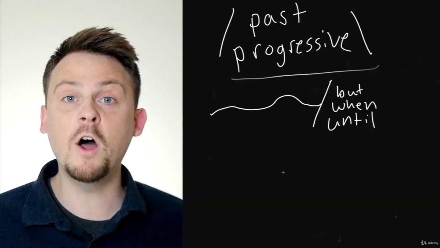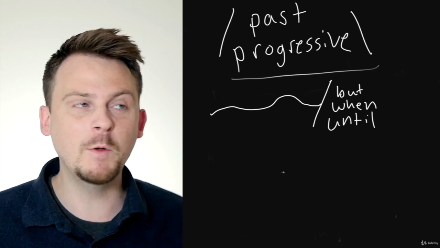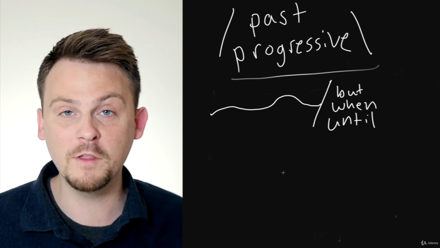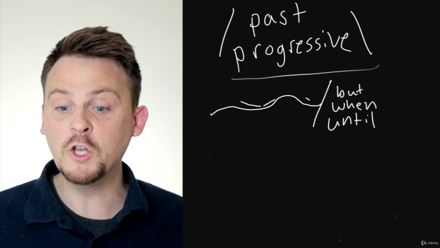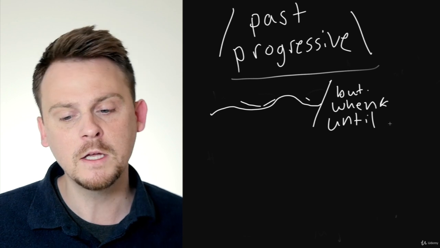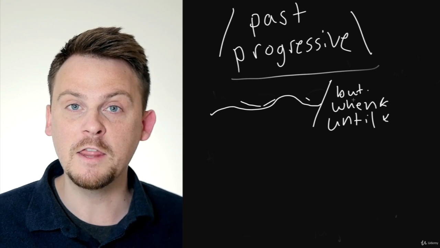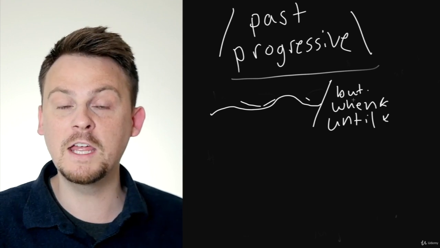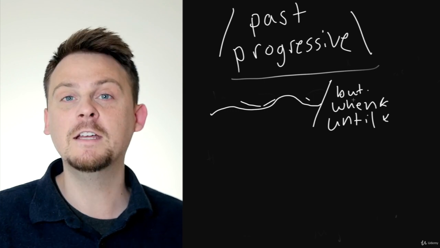Alright, now for this one, we often use this one when we're telling stories because some important thing happened in the story and we want to give a little bit of background information about the thing that was happening right before that important thing. Okay? So we have an action that's going on, and then the thing stops it. We often say but. When is probably the most common. Sometimes we also use until. And then when we say the second action, that one should be just simple past. So was, ing, were, ing, and then until, when, and then simple past.